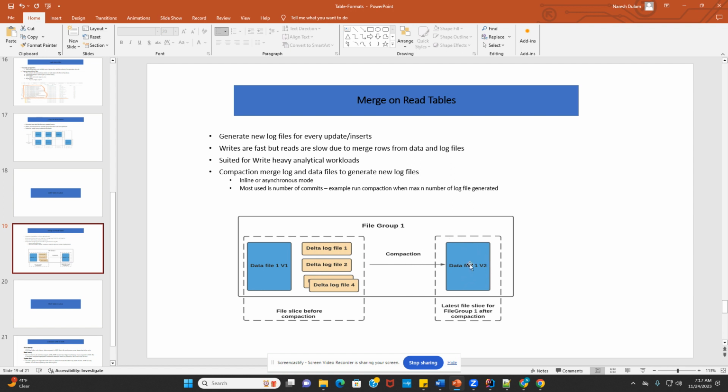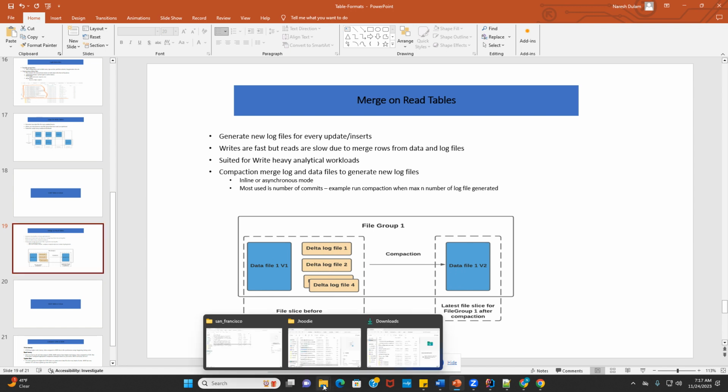With this approach, assume that you have a write heavy workload. Then you can define the table as a merge on read table so that the writes will happen, and in the background you can run a compaction job every few hours. Then it will generate a new file, and your reads will be optimized because all your latest data is in one single file. So that's one of the ways we can leverage a merge on read table for both read and write heavy workloads. Okay, so let's go and create